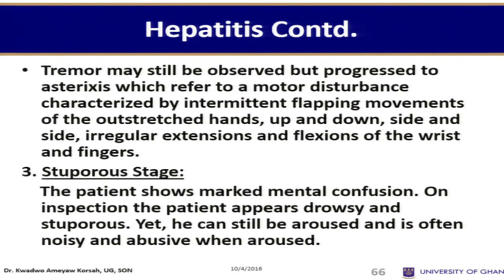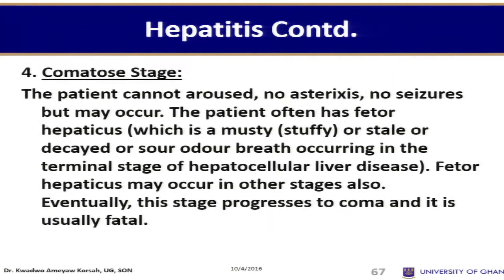And then we have the Stuporous Stage. The patient shows marked mental confusion. On inspection, the patient appears drowsy and stuporous, yet he can still be aroused, and is often noisy and abusive when aroused. And then we have the Comatose Stage, where the patient cannot be aroused, and seizures may